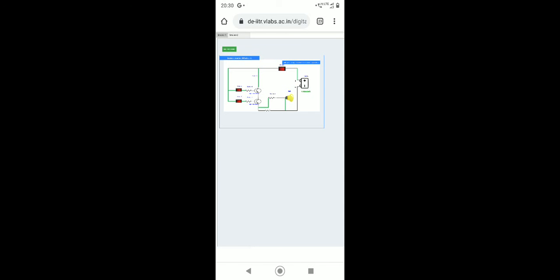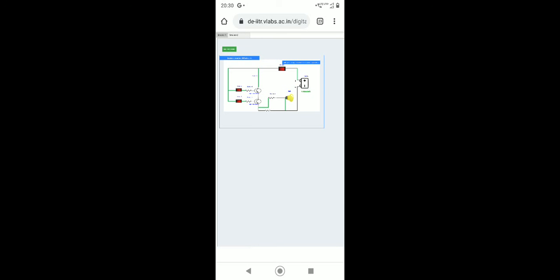If we turn off one switch, then we can see that the bulb is not glowing, because in the AND gate, 0 0 gives 0, 0 1 gives 0, 1 0 gives 0, only for 1 1 the output will be 1. That's why here only if switch 2 and 3 are on, then only the output will be on.